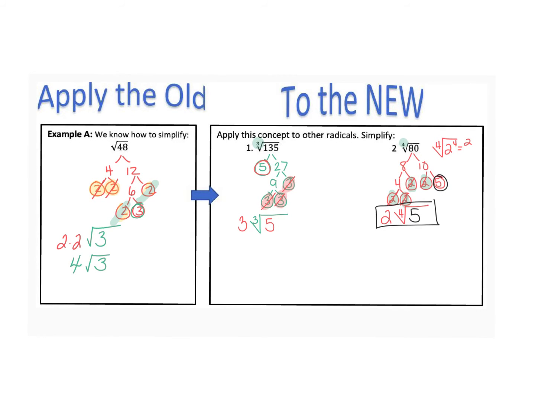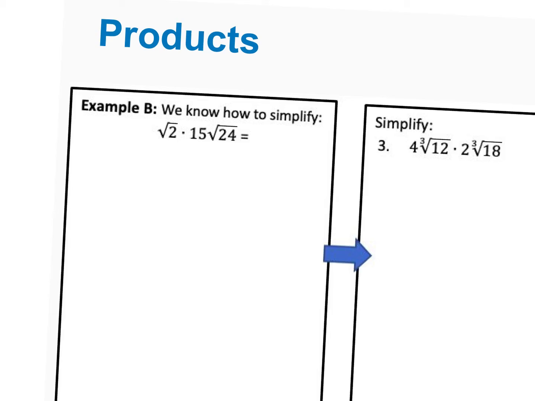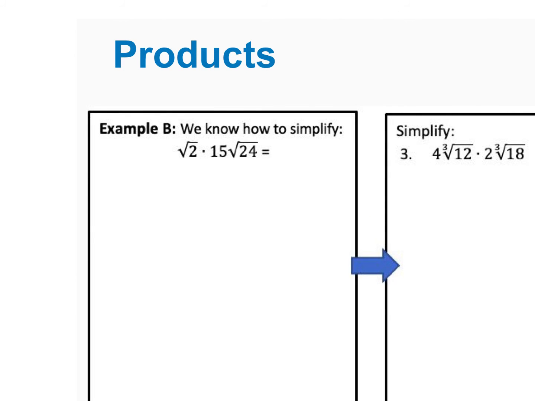Okay, let's go on and now look at what happens when we add in an operation. Previously in this course, we've looked at how to simplify products. Essentially, what we did was we multiplied coefficients together. So the coefficient on the first radical would be 1. So coefficients together, 1 times 15 was 15 times the square root, and then we multiplied radicands together, 2 times